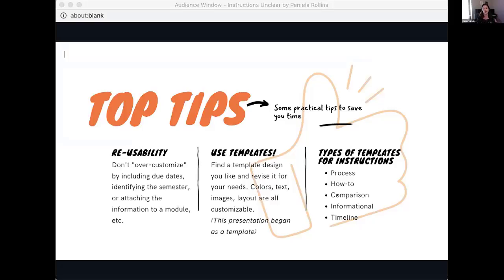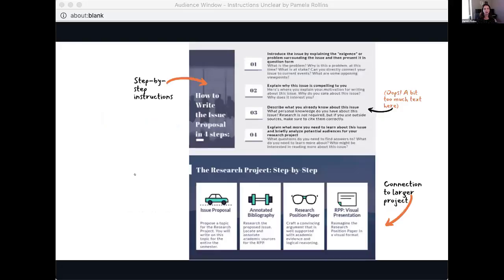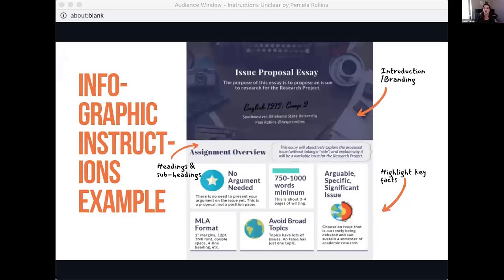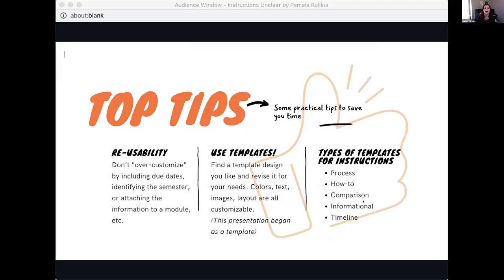Templates, we talked a little bit about those. This presentation is a template. I made it in Canva. The infographic that I showed you here was made in Piktochart. So I find I really can transition between those two. They are different companies and brands, but they are pretty user-friendly and very similar, I feel, in the way that they work. Templates are also great.